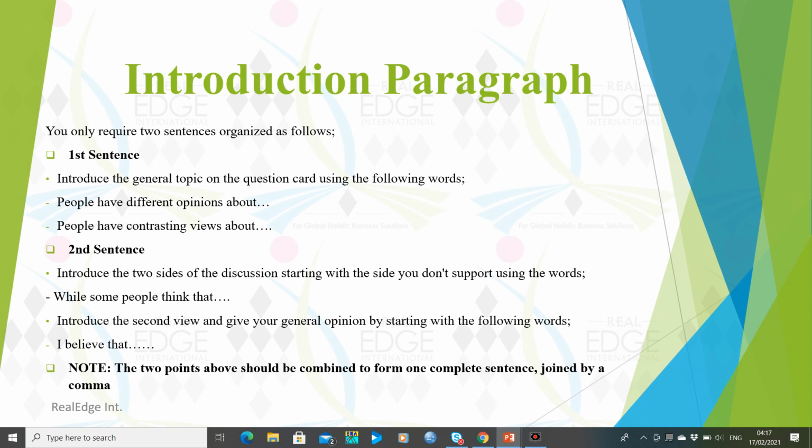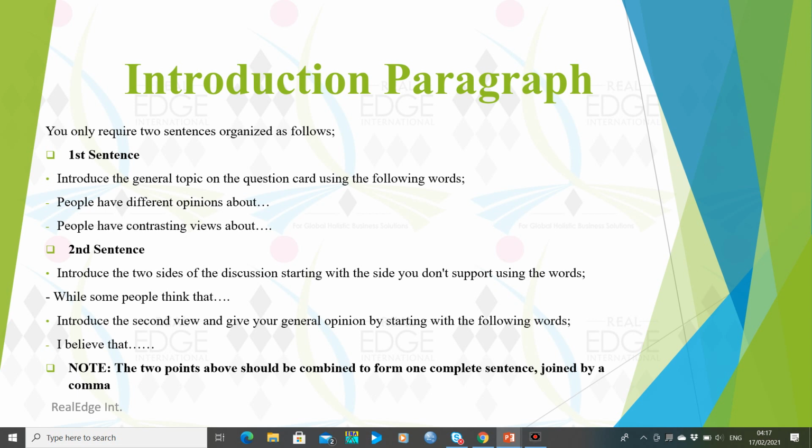And then the second sentence. In your second sentence, you introduce the two sides of the discussion, starting with the side you don't support, and you use the following words: While other people think that XYZ, and then you introduce the second view and give your general opinion by stating the following words: